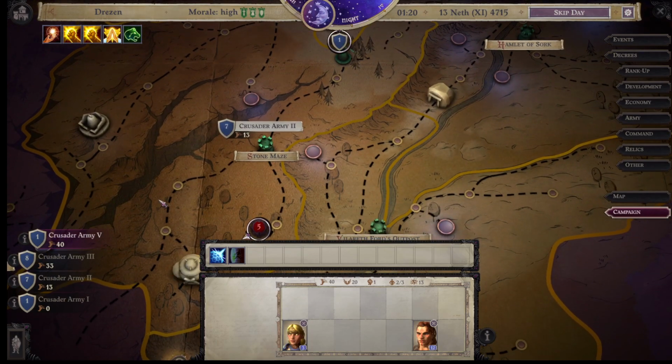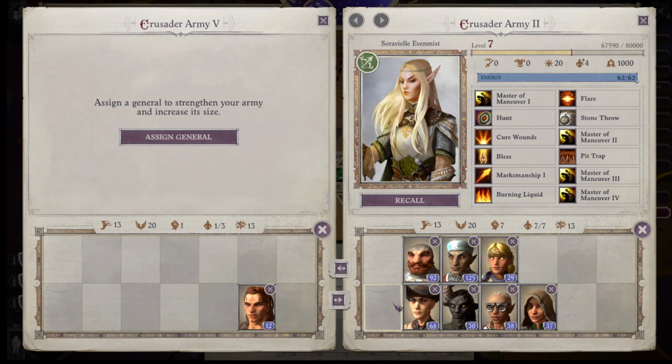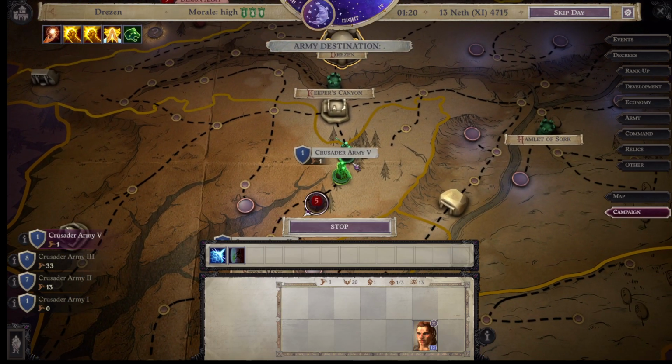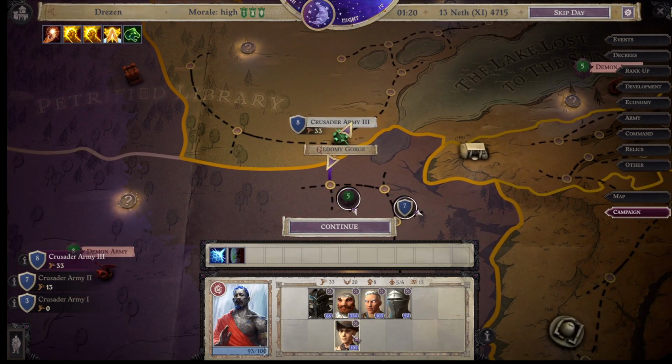They can march to here. Give her some more paladins. Alright. Give her all the paladins she can handle. And then Army 5 can march to here. That way. And I can just combine these 2 for now. Make my life a little bit easier. Okay. This Crusader army needs to get... I need to get another unit in here. Right? I might strip away her...